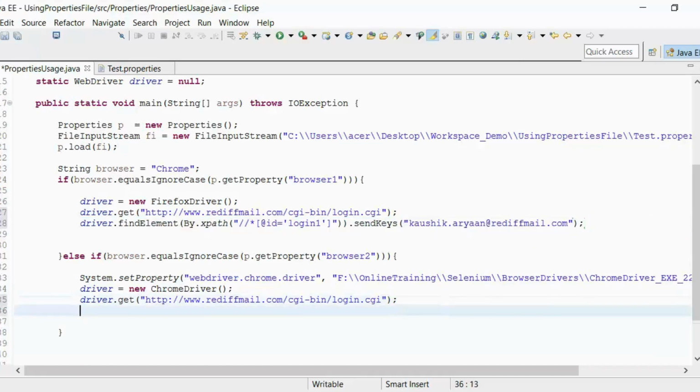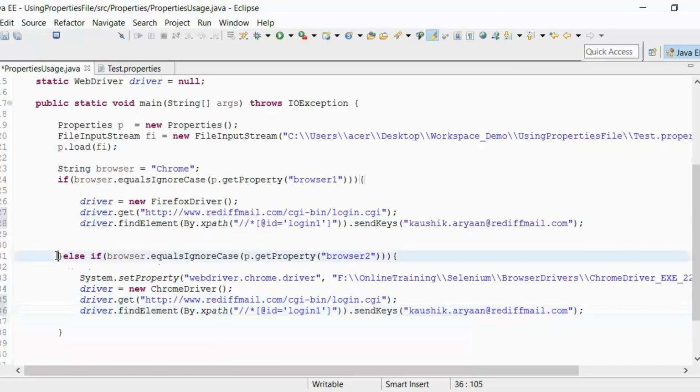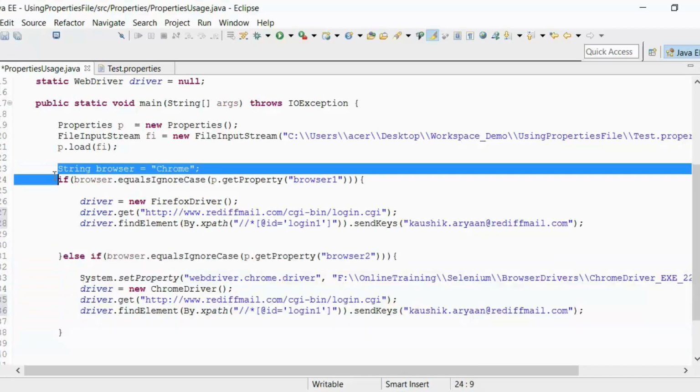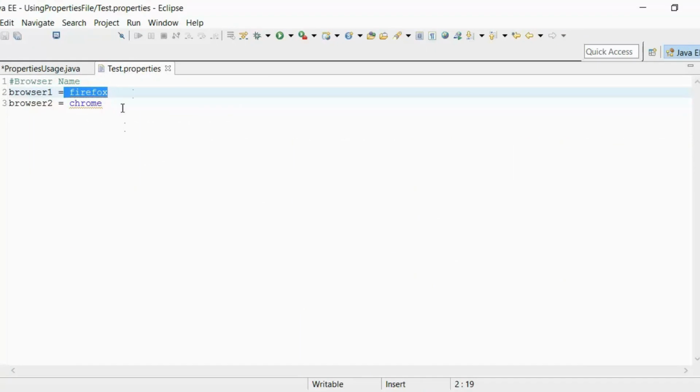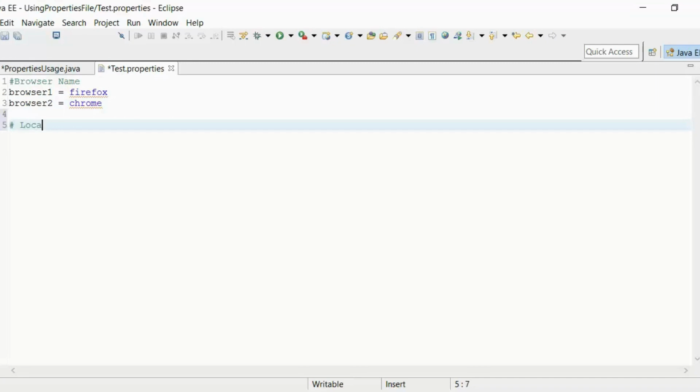Okay, the same transaction can be done out here also. The only difference is it will do the same transaction on a Chrome browser. This is going to open up in Firefox browser. Now let's say this is the XPath. I can also keep the locating strategies in my properties file. Remember, I had told you that properties file can be used for keeping your object repositories. So what I can do out here is create a comment, write down locating strategies for login screen of